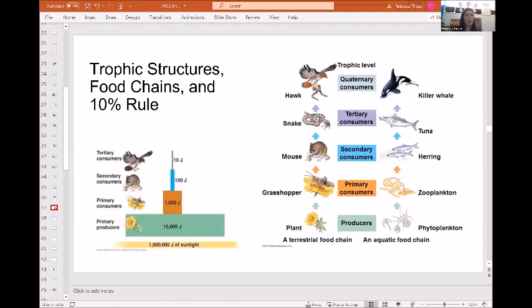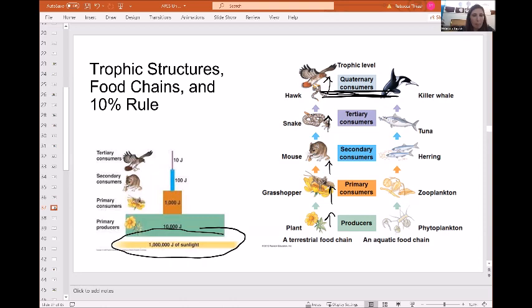Now, how does this relate back to the way that energy travels through biological systems? Well, you have to remember a couple of things: trophic structure, food chains, and that 10% rule. Energy travels from producers, to primary consumers, secondary consumers, all the way up, right? But notice most of the time these food chains are ending here. Well, why is that? You've got like 1,000,000 joules of sunlight here, but what is happening at each stage